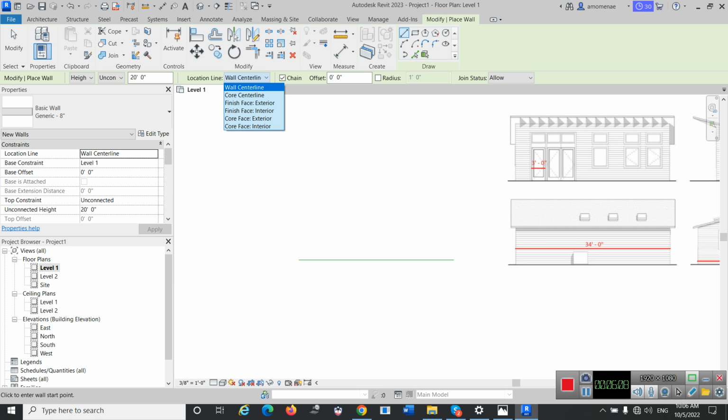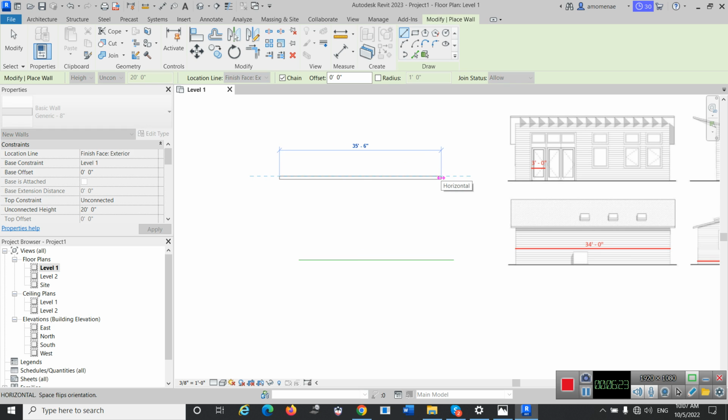So if you want the exterior part to have a specified dimension, you need to choose location line and change it to finish face exterior. When I do that, I can enter 34